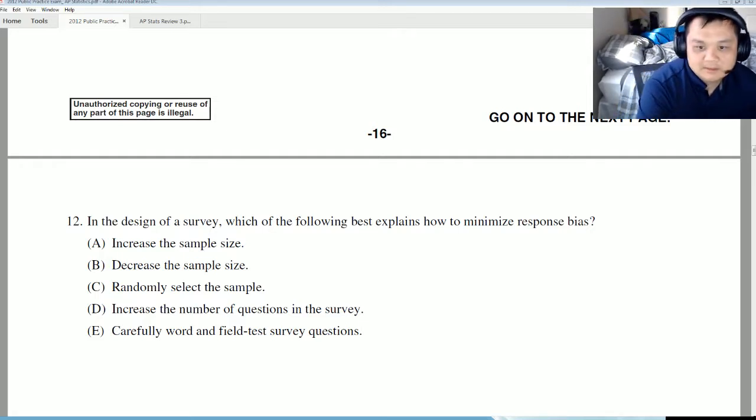Oh, 12 is C. How did you get to C? Because randomizing is one of the ways you can minimize bias. But look at the type of bias it is. It's response bias. Would it cause any difference? Yes, there's a difference when it's the response bias. It's sort of different because